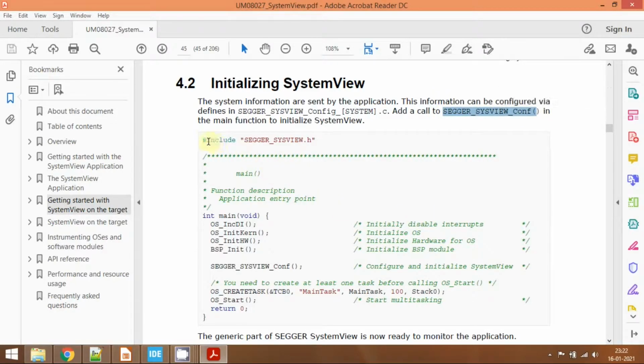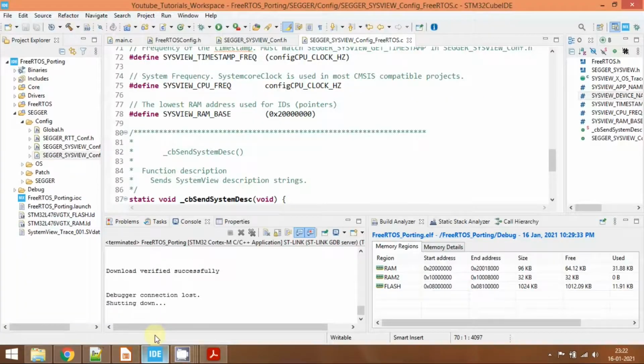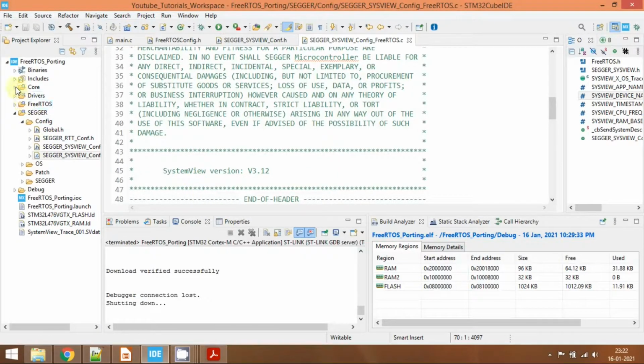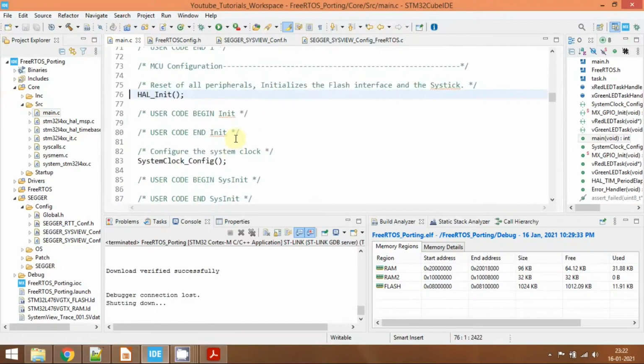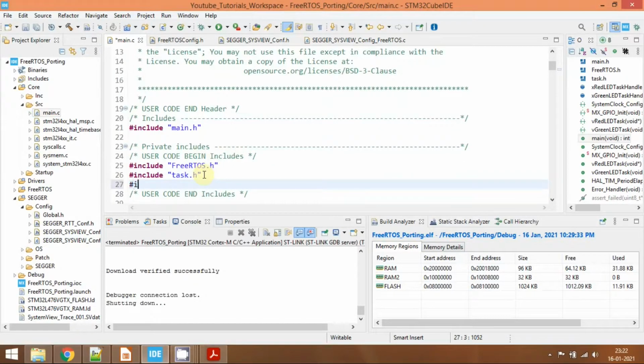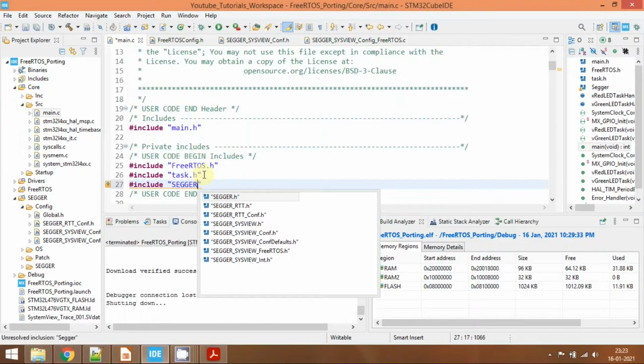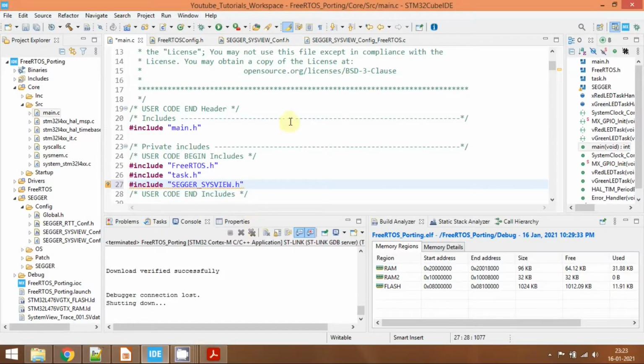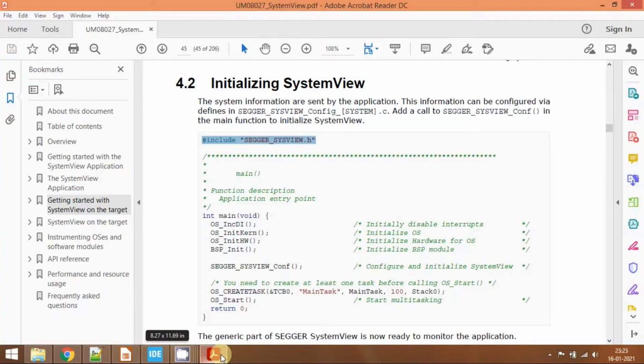Now they are asking us to call the SEGGER_SYSVIEW_Conf. Before that we need to include this include file. So I'll go ahead and include this file also into main. Open main.c and include the SEGGER_SYSVIEW.h, and they are asking us to call this API, SEGGER_SYSVIEW_Conf.